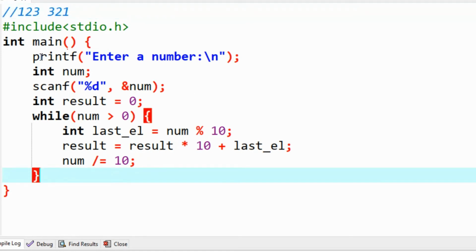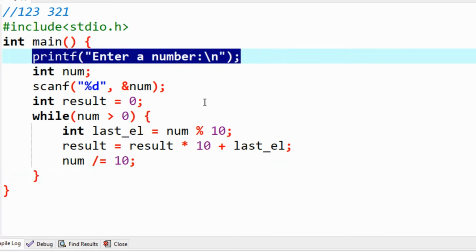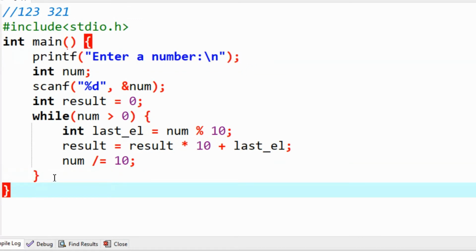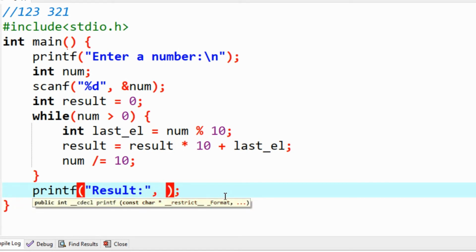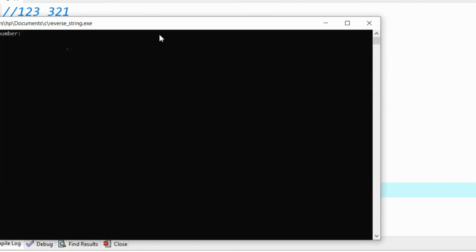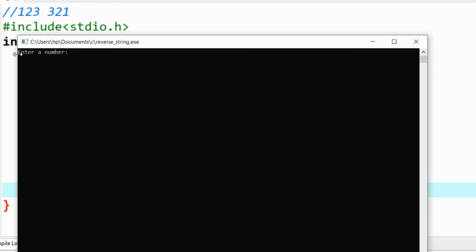Everything looks fine. We will run the program here, and print the result. If we run the program, it is asking for the user input.